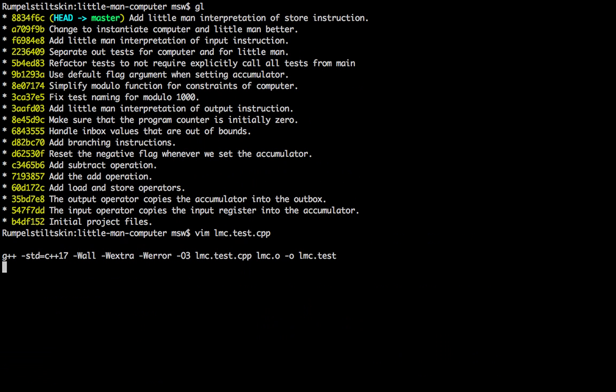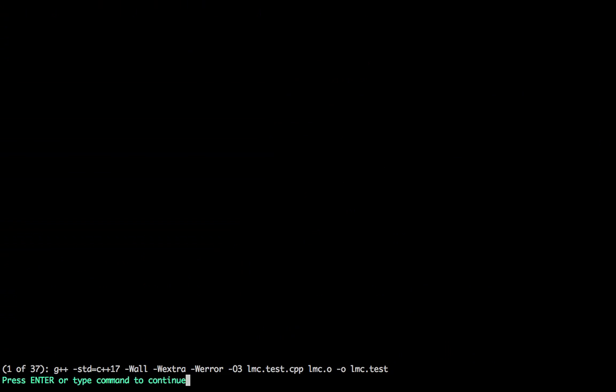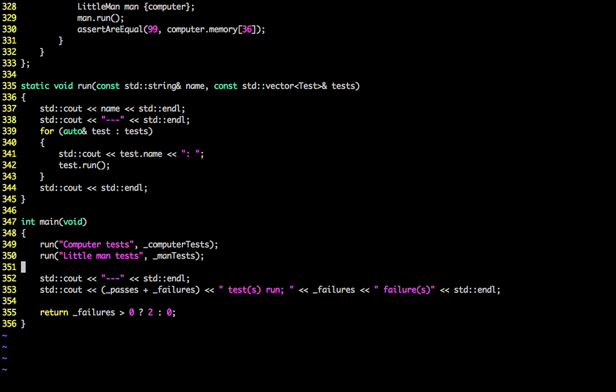Should hopefully get the job done. That all looks nice, and perhaps